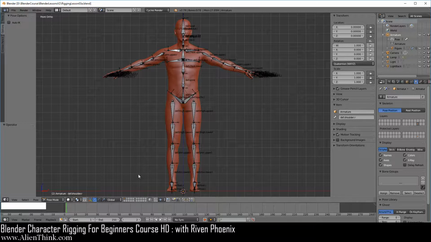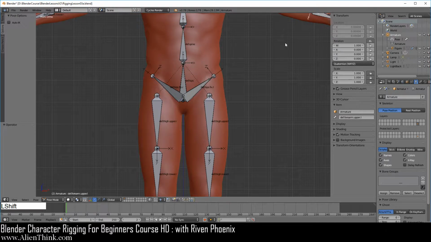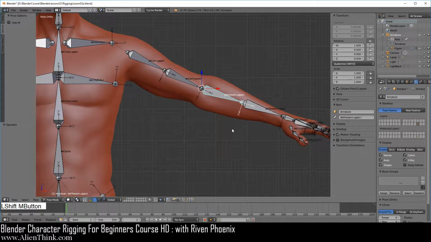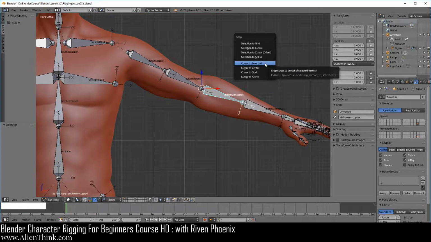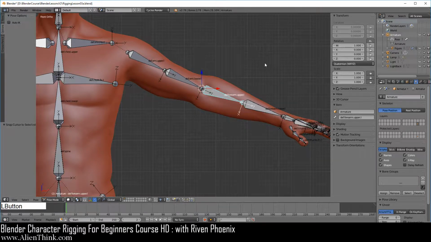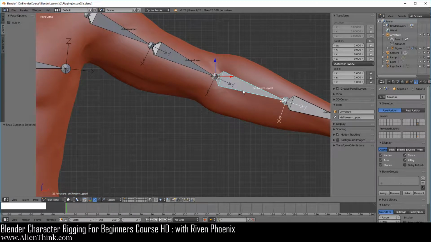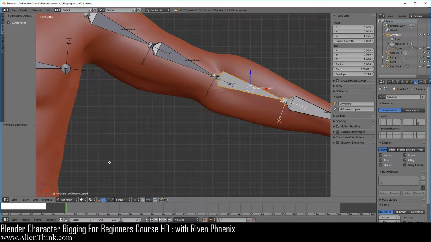Now click on the armature and make sure that you are in pose mode, and we're going to actually look at this bone. Basically everything that I'm going to show you is going to be true for all the bones. We're just going to use this bone as an example. Go ahead and zoom in, do Shift middle mouse button over here. Now do Shift S and we're going to do cursor to selected. We have to expose the local coordinate system for this bone that this bone established itself in edit mode.